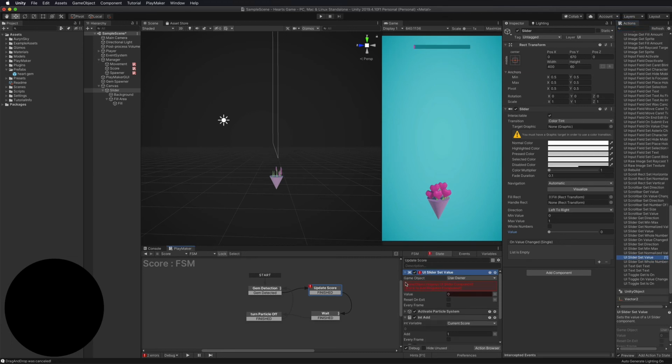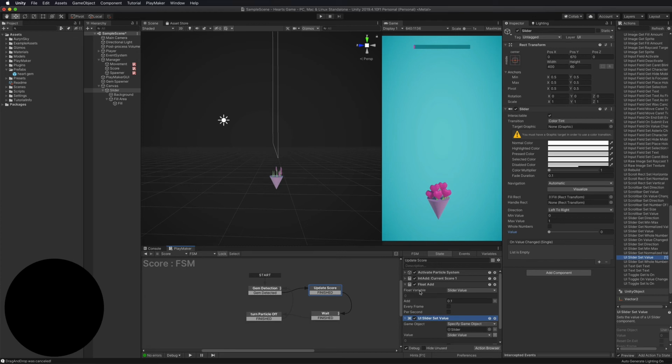I'll move this to the bottom of my list here. And it's saying, hey, what game object do you want to use? I want to use this slider right here. Drag that in. And then instead of having this be a hard-coded number, what we're going to do is update it based off of that slider variable that we created, okay?